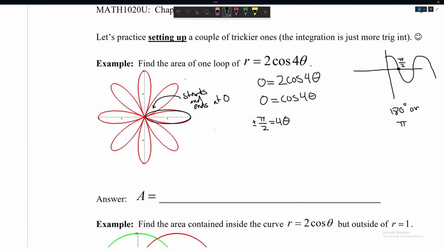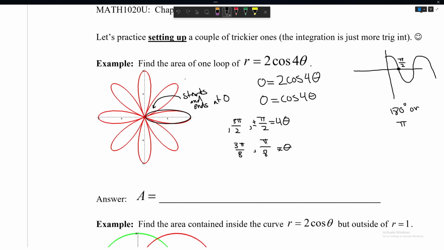This is plus minus, because we have plus and minus. And if you add another pi, you'll get more and more. But don't forget your 4 here. So if you divide this whole thing by 4, what you'll get is 3 pi over 8 and pi over 8